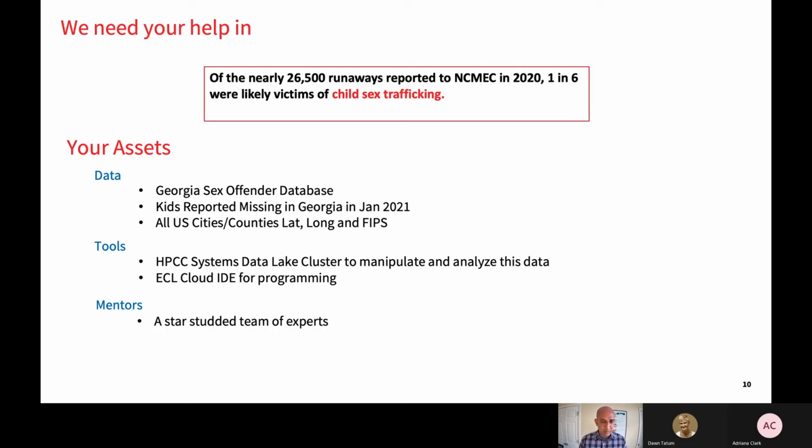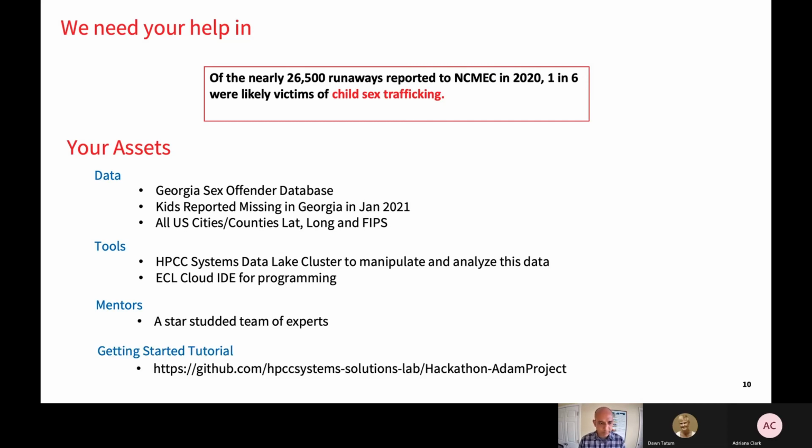Last but not least, you have an extremely talented set of mentors who are going to be there for you throughout the process. So if you have any questions, any ideas on what you want to do and how you want to solve this challenge, obviously you can reach out to them at any point in time, and we will definitely be glad to collaborate with you, help you on the way, and then see how we can come up with some really good outcomes.